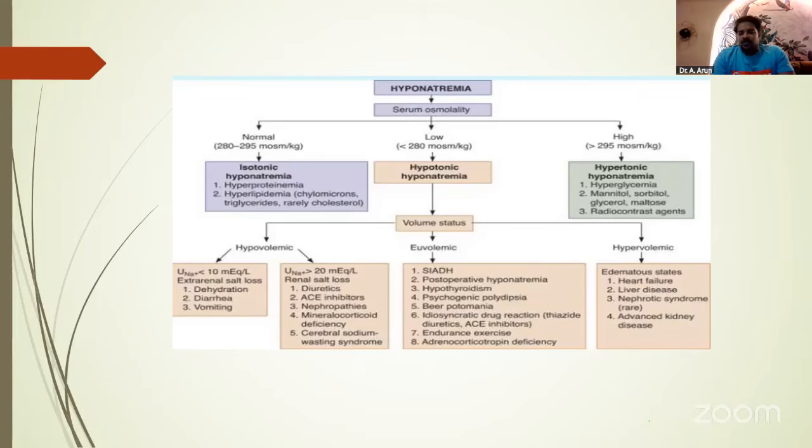So, like I said, volume status has to be assessed. There are both ways of assessing. Ultrasound at the bedside is now becoming more and more common. With an IVC assessment of such patients, generally we see an IVC that ranges between 1 to 2 centimeters along with a collapsible wall. If we go strictly by the books, then IVC assessment is truly applicable for patients who are ventilated. But this gives us a reasonable benchmark that we can work with.